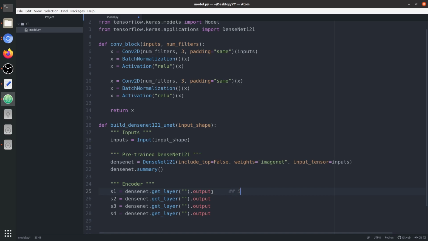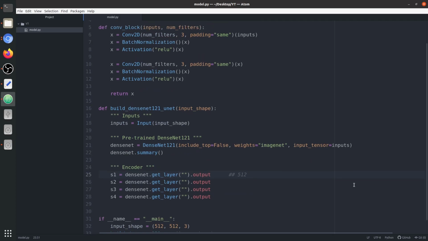The first shape is 512 because initially the input shape is 512. Then it decreases by 2 each time. The second skip connection is of size 256 by 256, the third is going to be 128 by 128, and the fourth is going to be 64 by 64. So you need to extract skip connections according to the shape.